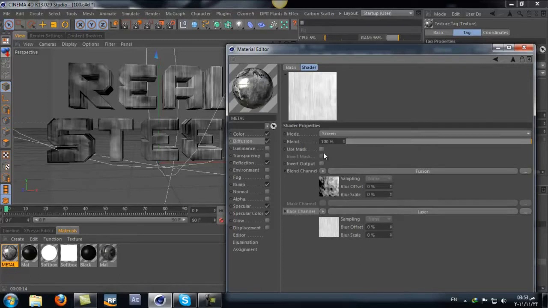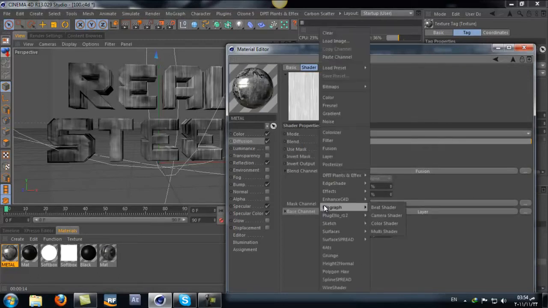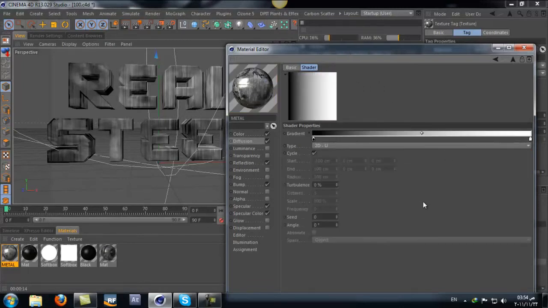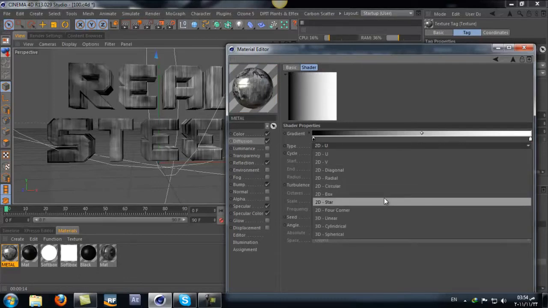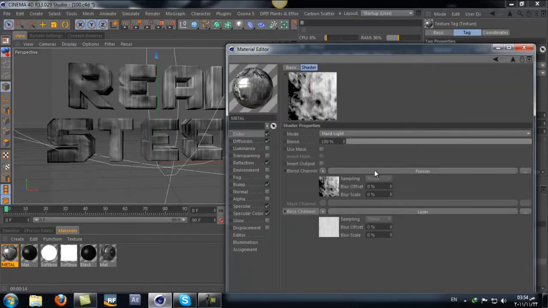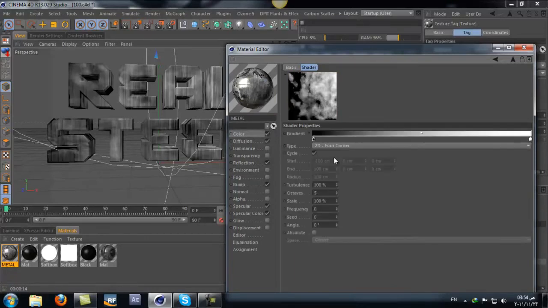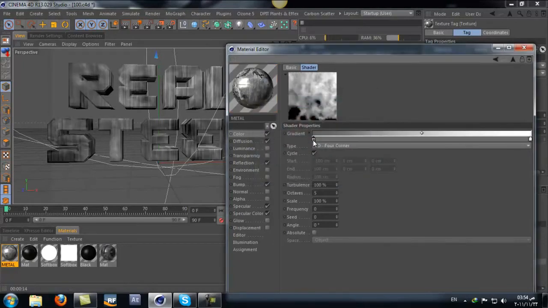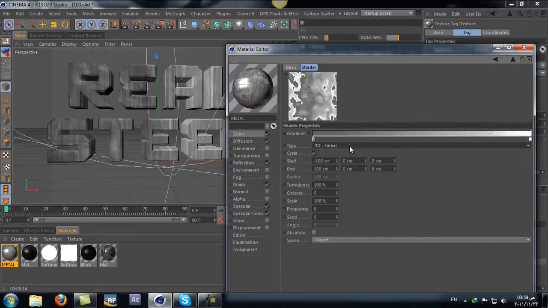I'm gonna add a mask just to get different kind of look. I'm gonna check mask and go to the mask channel and add a gradient and change this one to maybe a box and just add some turbulence to it, something about here. Maybe increase the black, make it bleed in. Go back to the diffusion color, go back to the gradient, change this one to maybe kind of light color. Something about here, maybe change